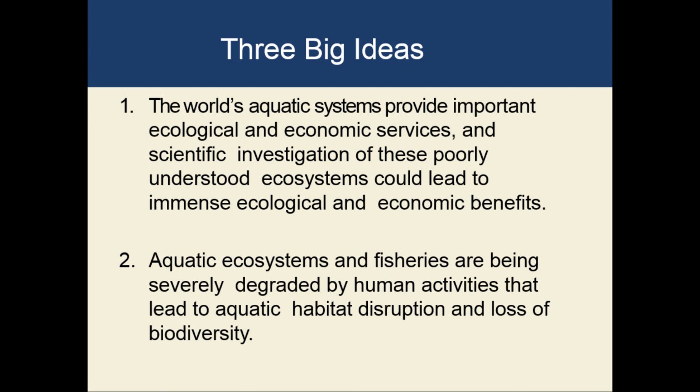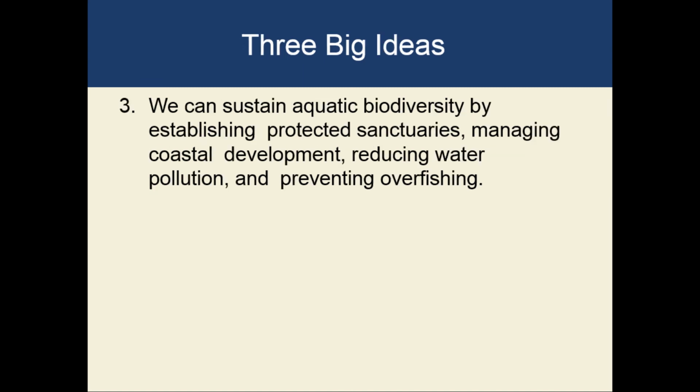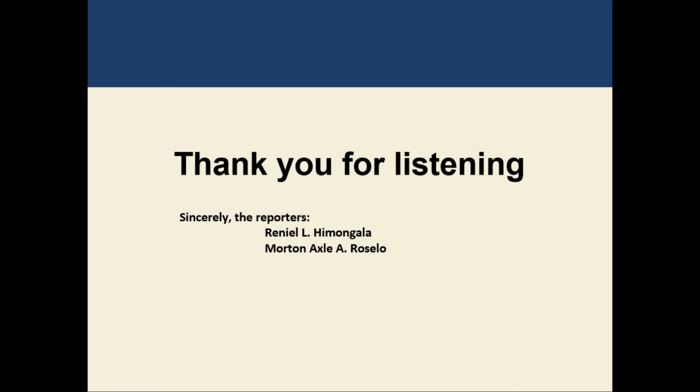Three big ideas that we can get from this lesson are: the world's aquatic systems provide important ecological and economic services, and scientific investigation of these poorly understood ecosystems could lead to immense ecological and economic benefits. Aquatic ecosystems and fisheries are being severely degraded by human activities that lead to aquatic habitat disruption and loss of biodiversity. And lastly, we can sustain aquatic biodiversity by establishing protected sanctuaries, managing coastal development, reducing water pollution, and preventing overfishing. And that is all for our report on sustaining aquatic